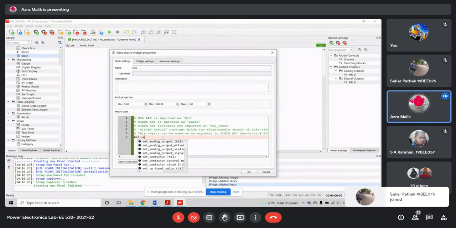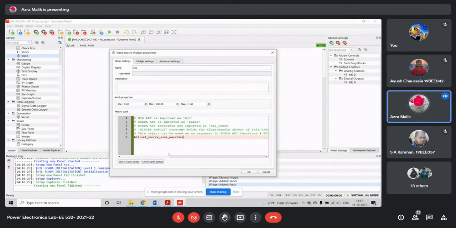So HIL dot set underscore. For the AC voltage source, we can import this sine waveform. Name is VS1. RMS is input value.